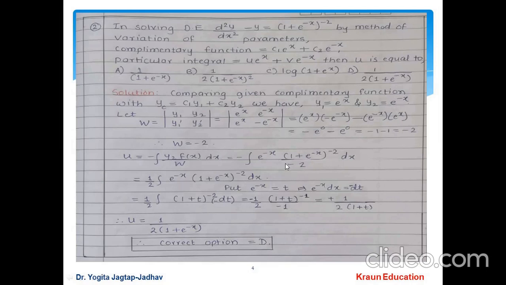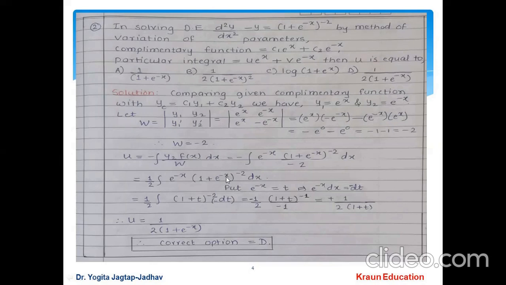Now here you can see minus 2 is a constant in the denominator. We can take it outside. Minus of minus becomes plus 1 by 2, taken outside of the integration, and we try to solve this integration. Here we use a substitution method by choosing e raised to minus x equal to t. Just take the derivative of it. Derivative of e raised to minus x is minus e raised to minus x into dx, and shift that minus sign on the right side, it becomes minus dt, right?